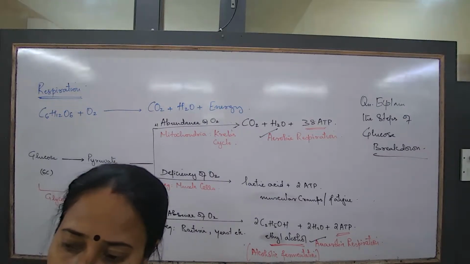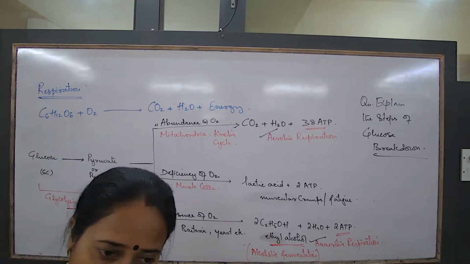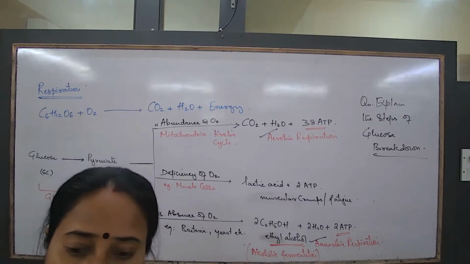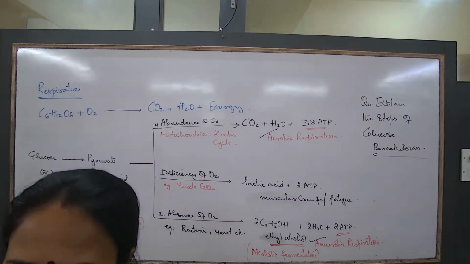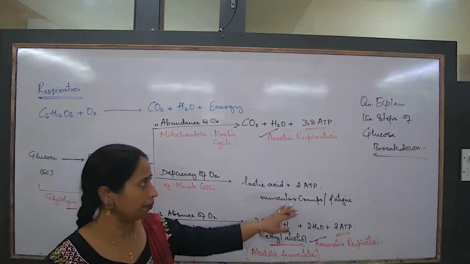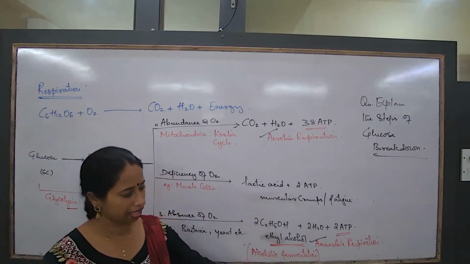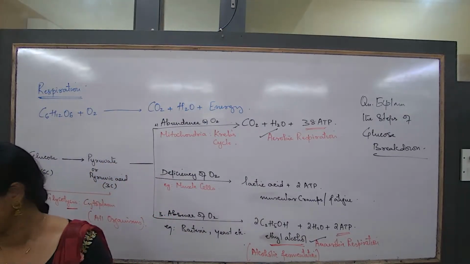This type of concept in your question paper you will get in the form of a case study. There will be a big question. Answers are very simple, but I just gave them to you in the form of a simple question. When do muscular cramps take place? How can this be revived? Okay, try to write. The next class will start from here.